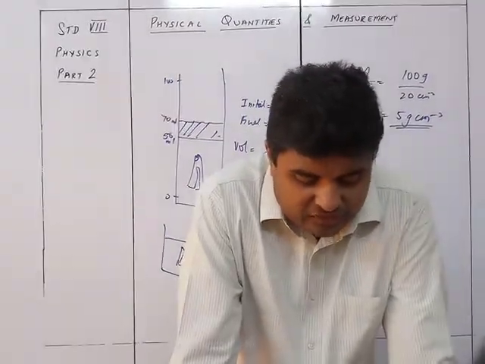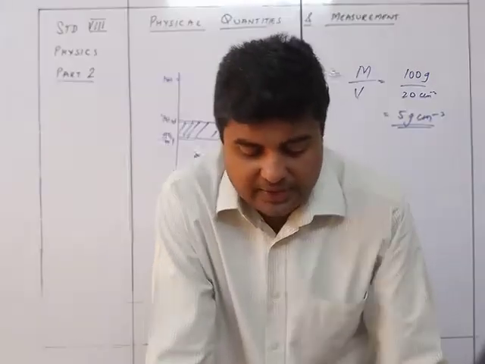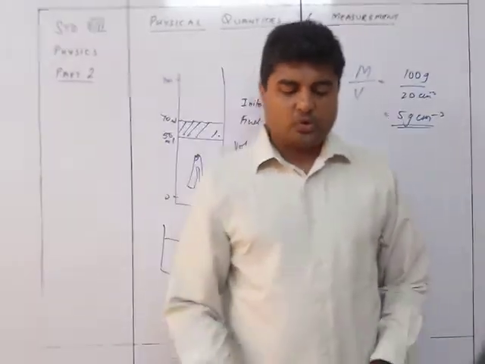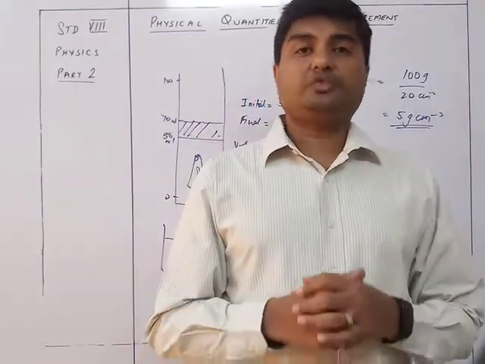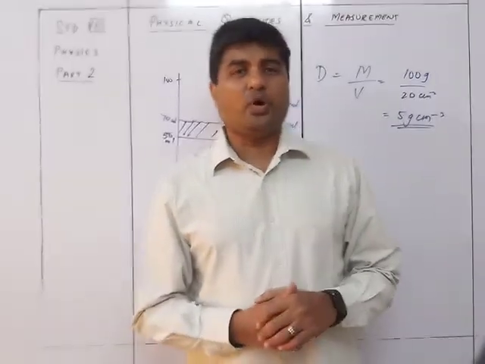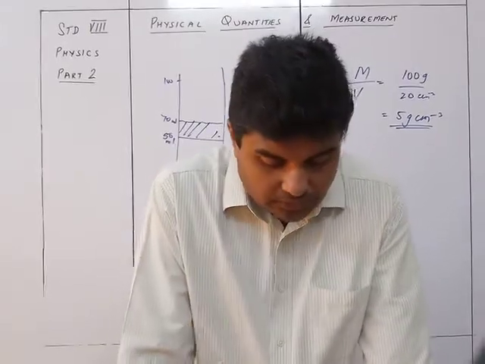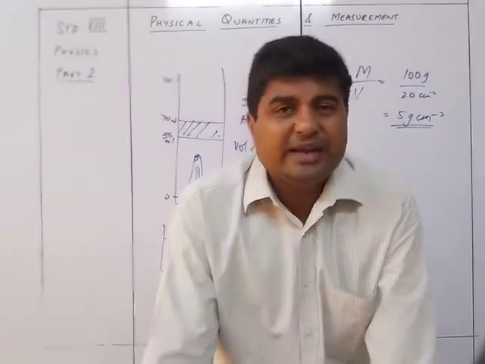Now tie the given irregular solid by a thread and immerse the solid gently in the water contained in the Eureka can as shown in the figure. The solid displaces water equal to its own volume. Okay, what is going to happen? The solid is going to displace an equal amount of volume which is equal to the volume of its own body, which overflows through the spout and gets collected in the measuring cylinder.